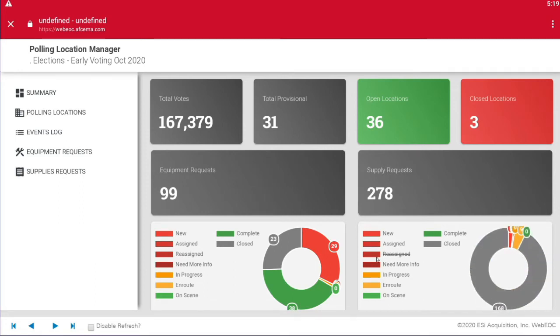And you can just double click through here and set this up as much as you would like to if you want to. This is just a status board of all the data that's in our current system. But you'll see over here on the left-hand side, we have a menu: summary, polling locations, events log, equipment requests, and supply